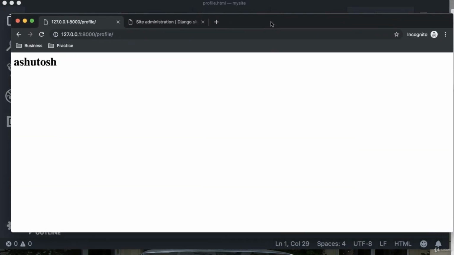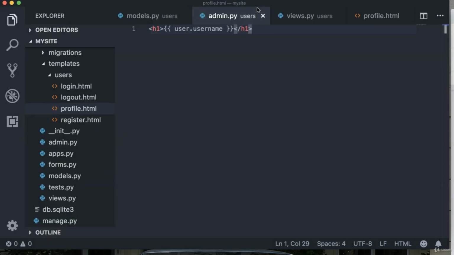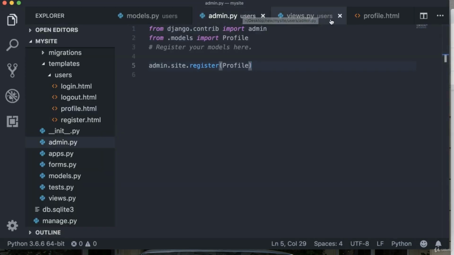And in this lecture, let's work on adding the profile image to our profile page right here. So right now we don't have any profile image right here. We just have the username of the profile. And now in order to add an image over here, what you simply have to do is that you have